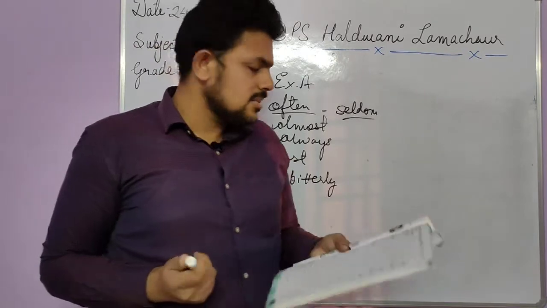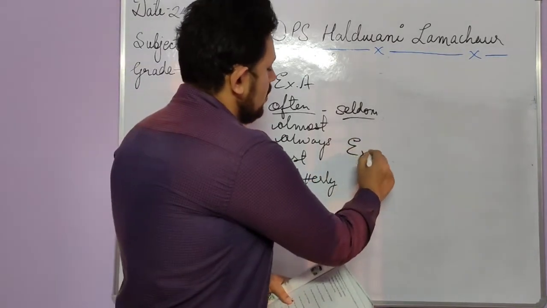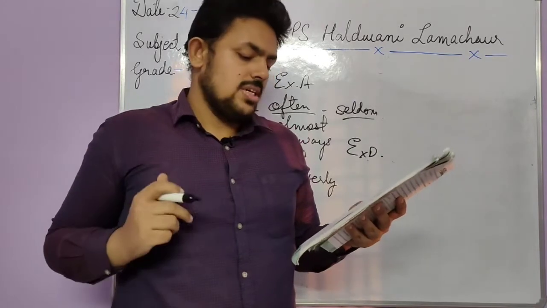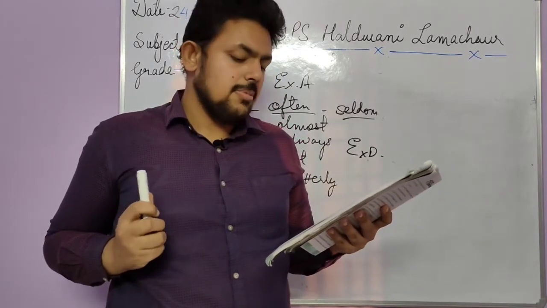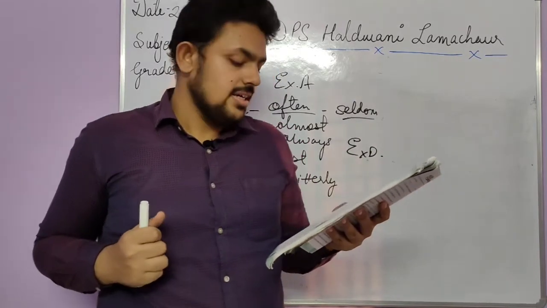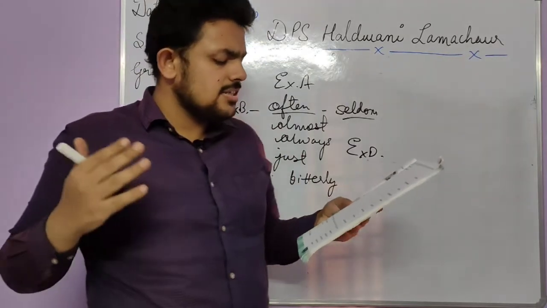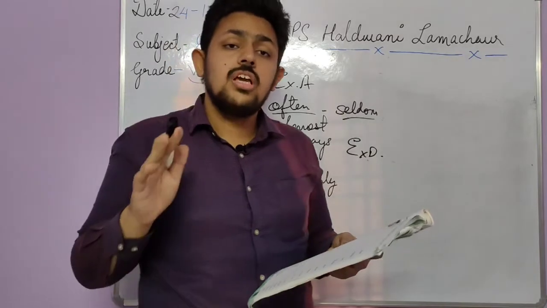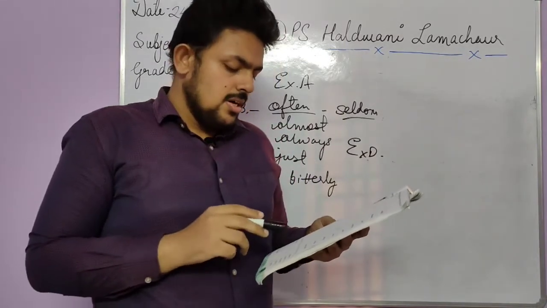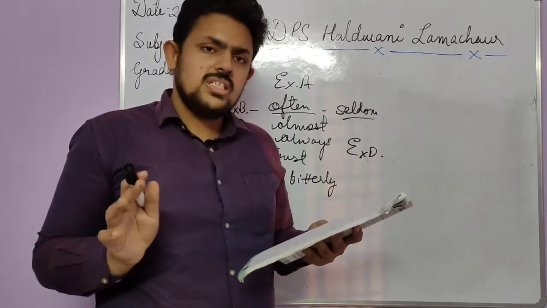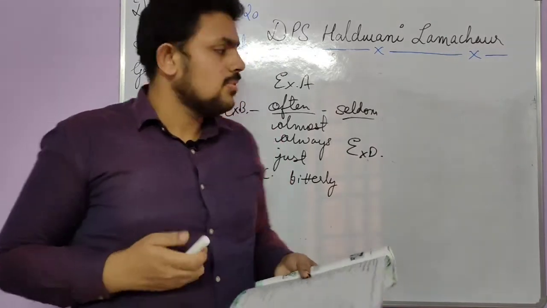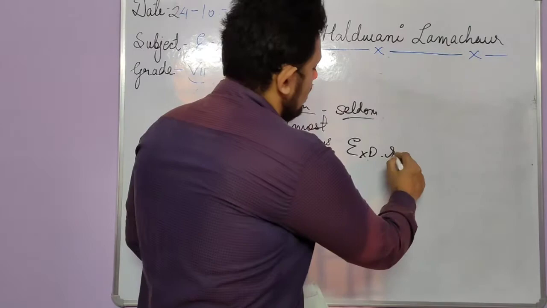Now exercise D. Fill in the blanks. Exercise D. Fill in the blanks with the adverbs of frequency that are opposite in meaning to the words given in the bracket. Ramesh always disobeys his parents and elders. So we have to put the opposite one. Ramesh always is there. Ramesh rarely or seldom. Okay. Ramesh rarely